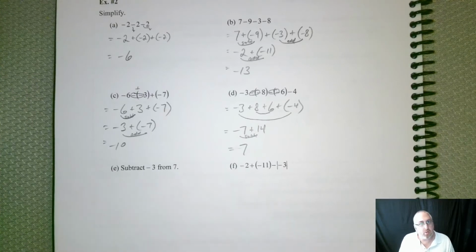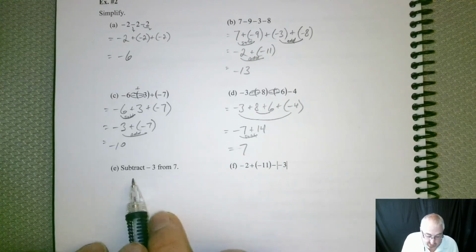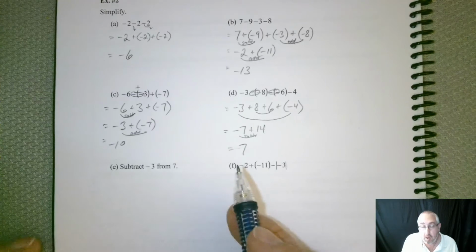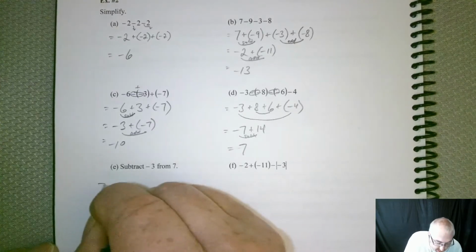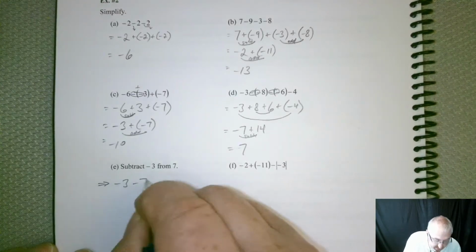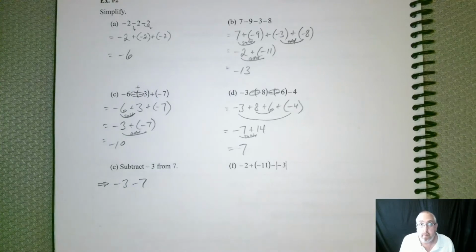All right. Now this next one is just trying to give you a little bit of a heads up about how it works when you're writing it in words. Because sometimes in words, again, it's backwards, because it's just the way it is with subtraction. And I'll show you what I mean. So for this one here, it says subtract -3 from 7. So your gut probably is saying, okay, well, that's just going to be -3 minus 7. Well,